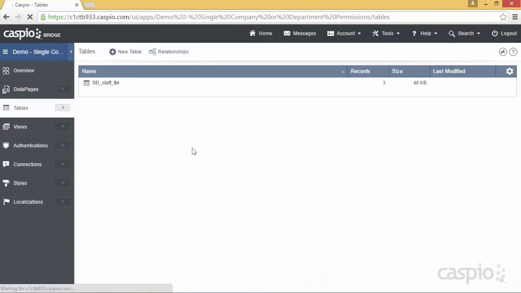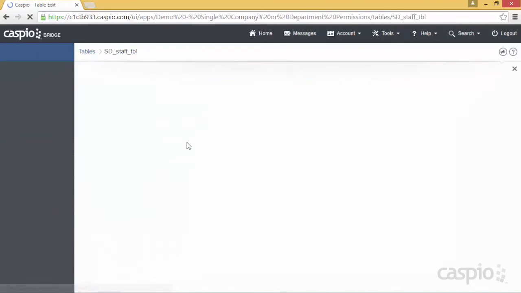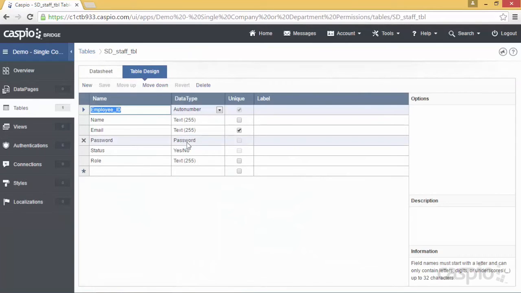You're going to be able to see that I have my staff table, and it's slightly more modified than in our prior use case. Let me click on the design mode. And you will see I still have my employee ID because every employee should have a unique key. I have the names of our employees. We have the email, which is again unique. Password field. And now the only difference is that now I want to be able to have control for status